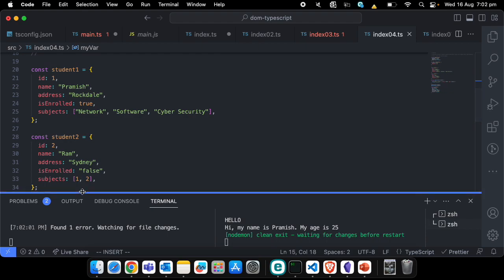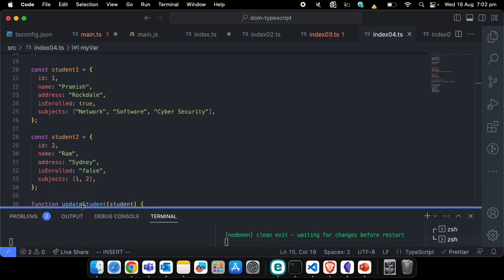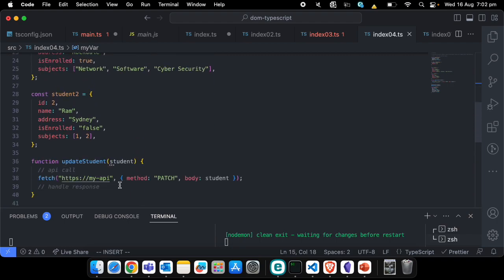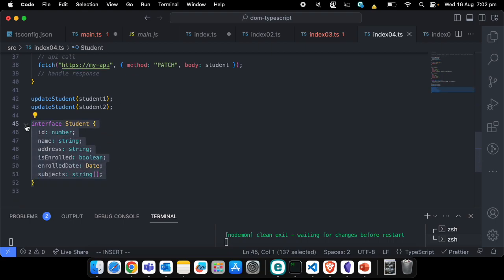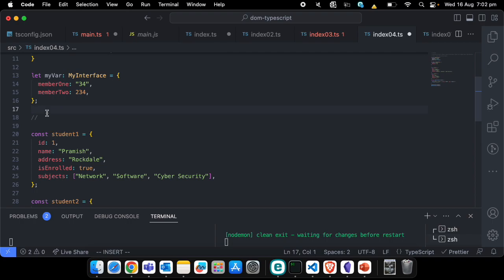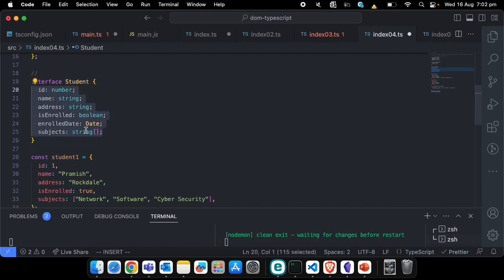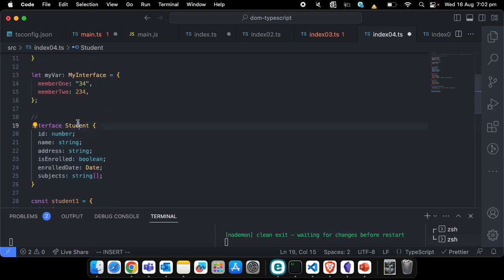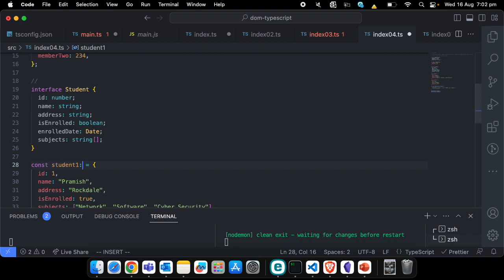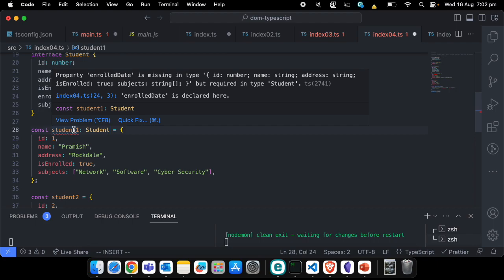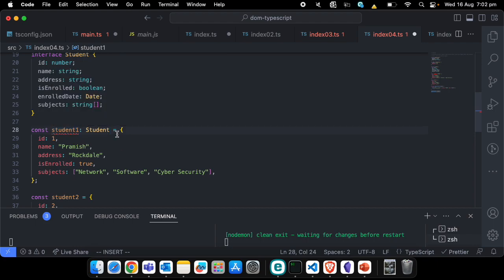Right, so in a very similar example as before, we have student 1, student 2, and the way we use it is very similar. Instead of type, we will have the interface keyword. We give a name, and then this one is very similar to before, and now I can pass this here saying student 1 should be of type student, and we instantly get that error saying some of the things are missing. So let me write enroll